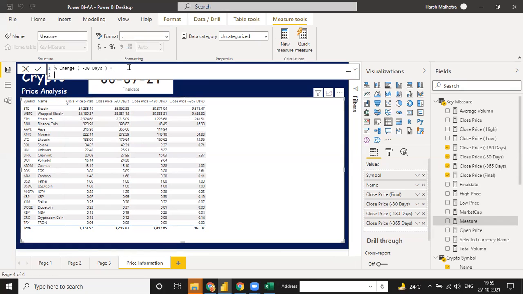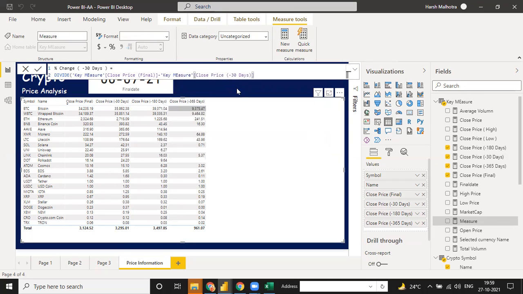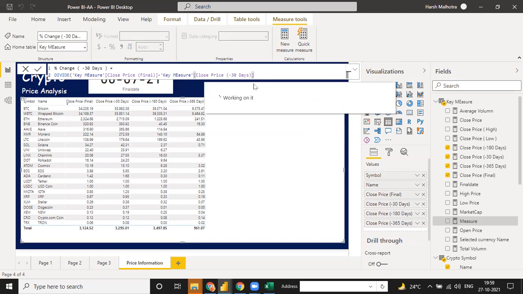For this percentage change, we are just going to use the divide function. Here also we have a divide function. Divide means you have to take final minus this. So select this function: final price minus close price minus 30 days. This will give you the variance.